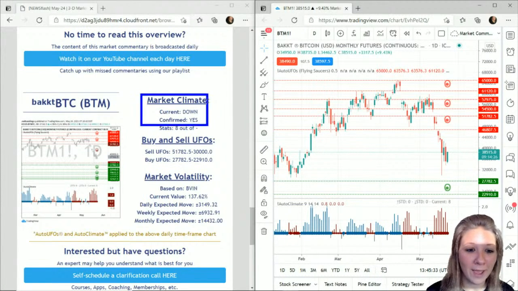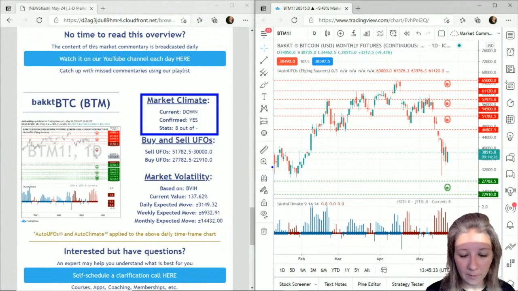We should be aware when we trade cryptos that the market volatility is way higher normally than most other markets. It's not a good or bad thing, just is. Be aware of it if you're going to trade it. Now, at the time being, probably no surprise, we have a confirmed downwards climate, thick red dot, probability downwards there